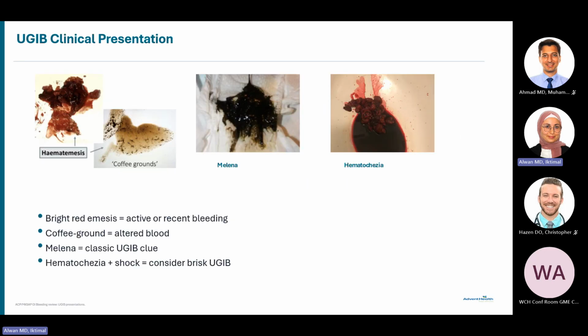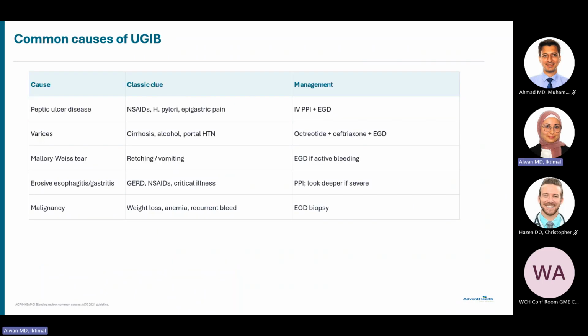Mallory-Weiss, what do we need to ask about to think about Mallory-Weiss? Vomiting or retching? Good. Erosive esophagitis, it is one of the causes of upper GI bleed, but really, if it is significant upper GI bleed, we need to investigate for other causes. It wouldn't cause significant bleeding. Malignancy,